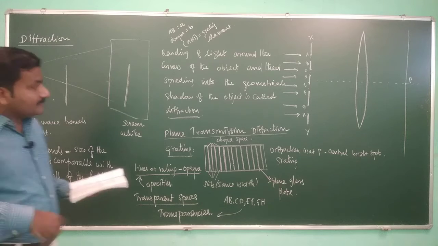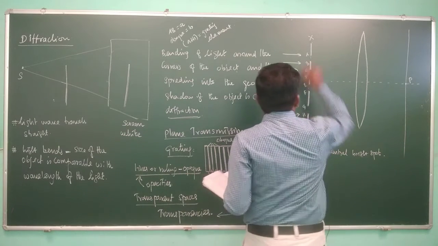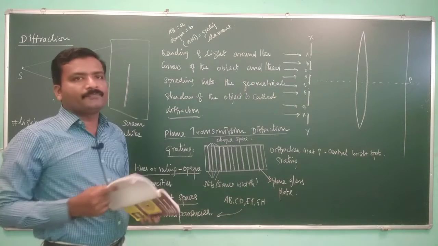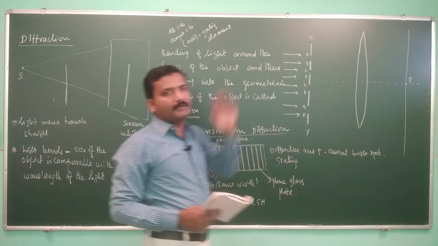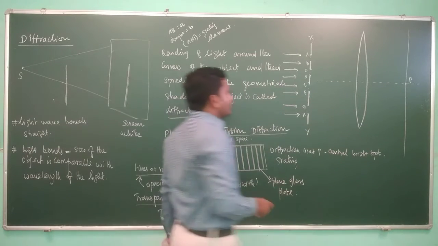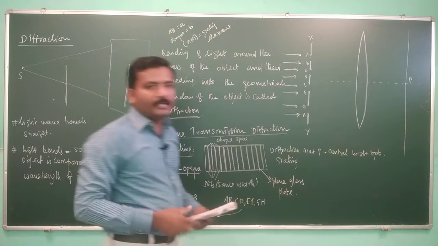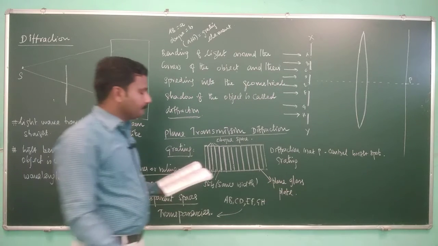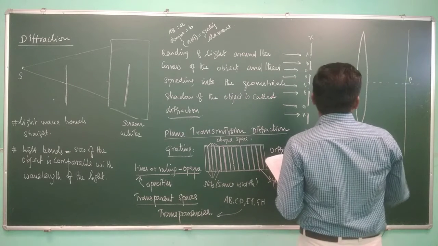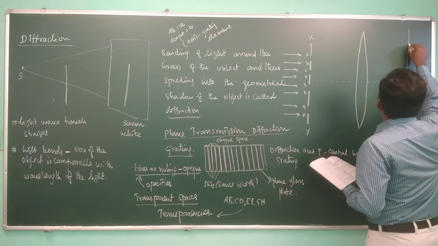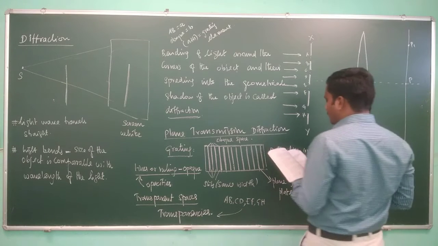Fine. Second case, as we said, the width of these openings is comparable with the wavelength of the light. Now this light ray will also deviate out of the straight line. It will travel in all directions. As the light rays are traveling in all directions, it will undergo diffraction. Now see, one set of diffracted light waves can be observed at this point. How will it occur? Let's see.